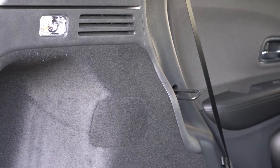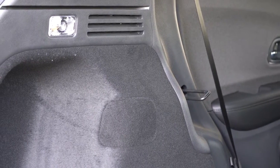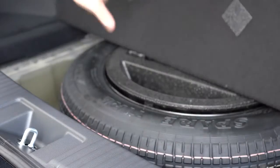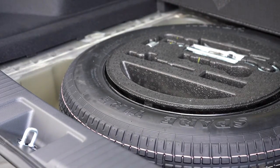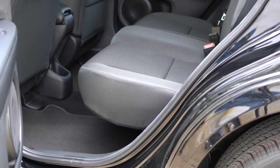Cargo lighting as well. No grocery bag hooks, but if you look under the cargo floor, you will find a spare tire. In case anybody was curious if the HR-V had a spare tire versus the fix-a-flat situation, it is a spare tire, which I personally prefer, so I did like that. That was pretty cool. But anyways, now let's go ahead and make our way to the rear legroom and the